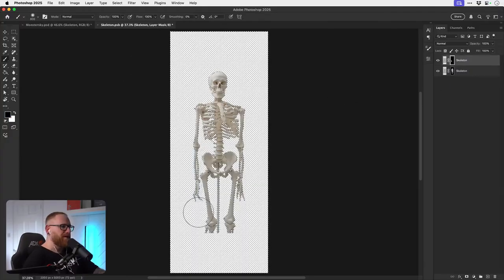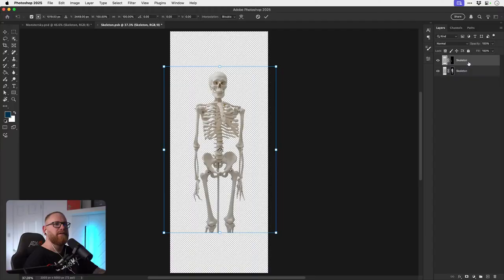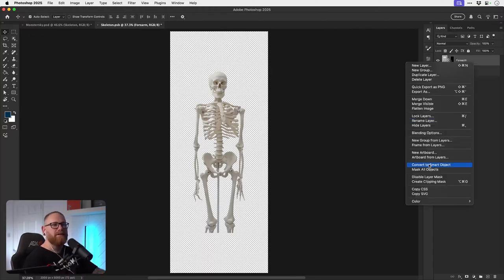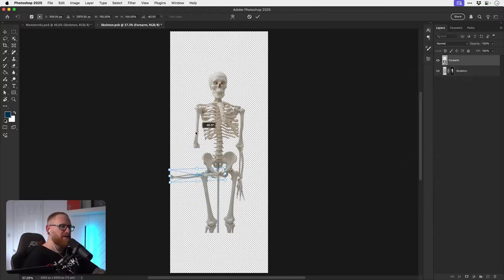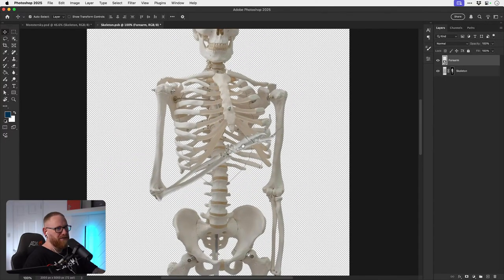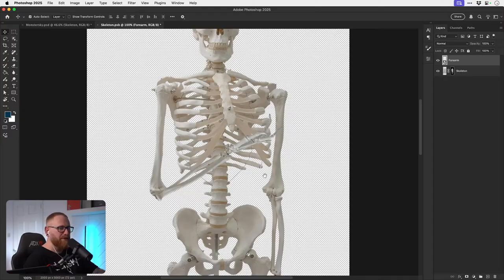So I'm just trying to isolate this arm onto its own layer. I don't know what bone that's called, but I'll call it forearm. Now I should be able to rotate this. I'm not entirely sure how this is going to look and what the hand is doing. We could have it holding something like a pumpkin.